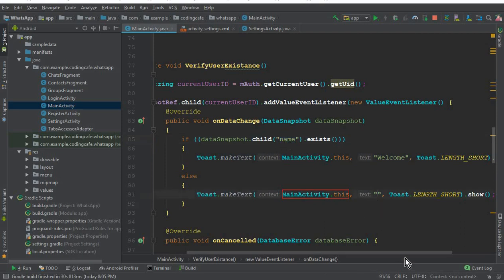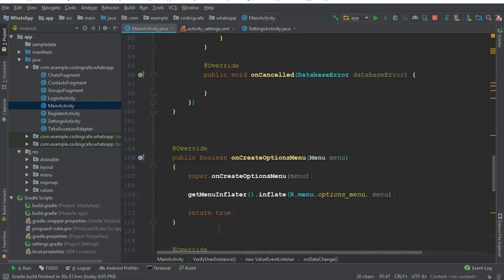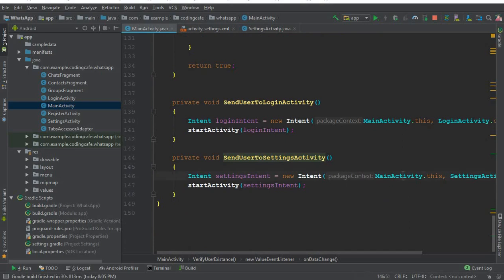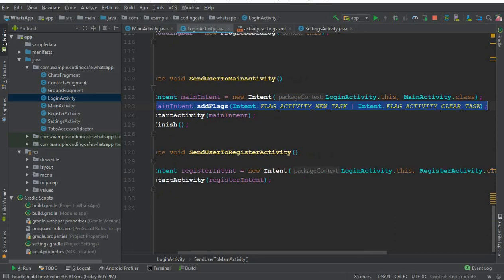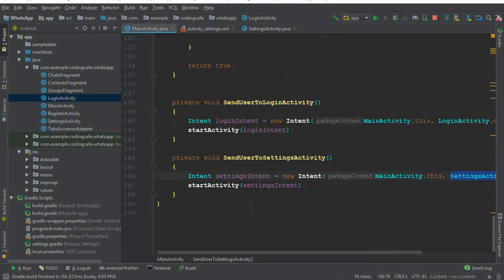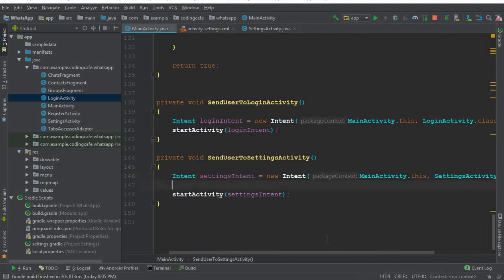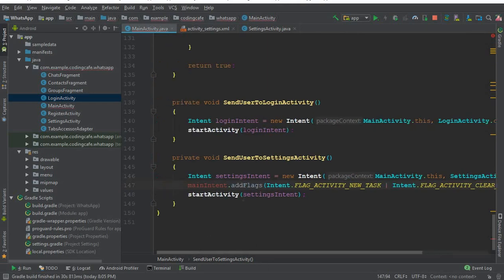And now here, instead of the toast message, we can send the user to the settings activity, okay. And send to settings activity, this is basically a method which will send the user from the main activity to the settings activity. First go to the login activity, and here you can see we have this main intent.add flags, okay. So copy this line of code and now come back here to the main activity, and in send user to settings activity we need to paste that code here, okay,